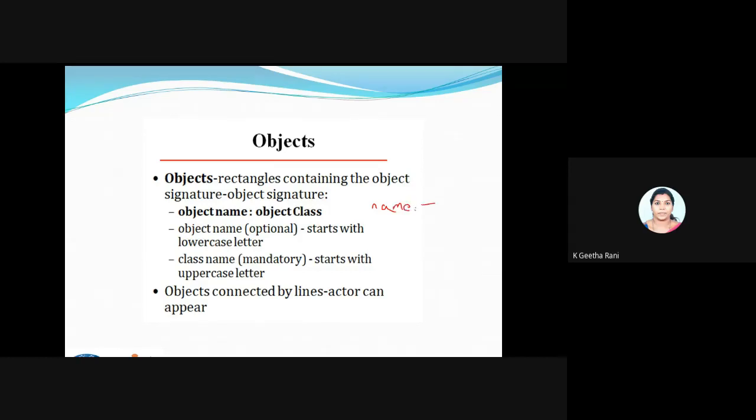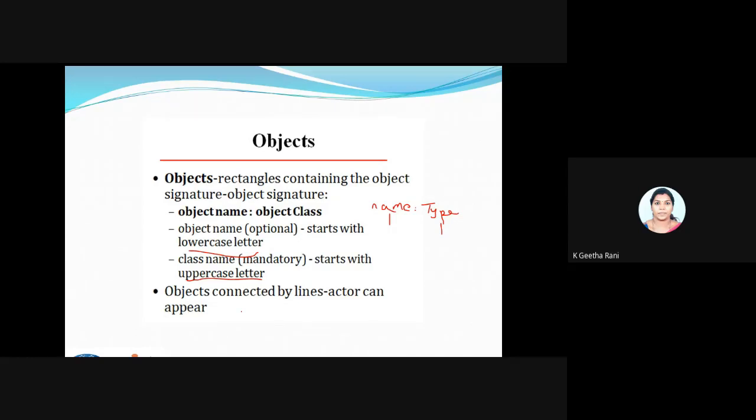Name, colon, type. This is what you saw yesterday in the sequence diagram, a name along with the type. Here the name tells about the object, and the type tells about the class. Always use lowercase for the object name, and the class name starts with an uppercase. This is the way you will write an object, the same as in your sequence diagram. Both are optional actually. Either an object name or a class name can be used.